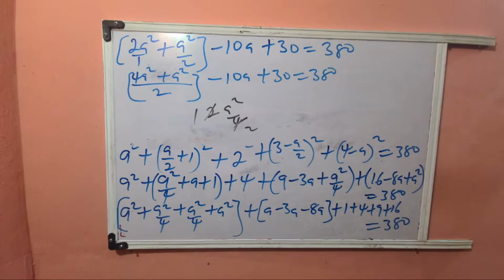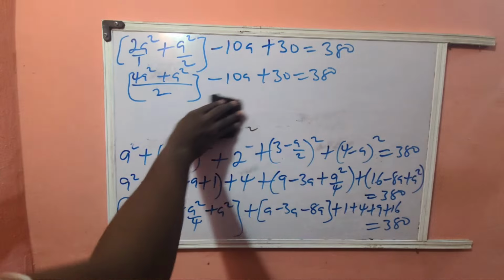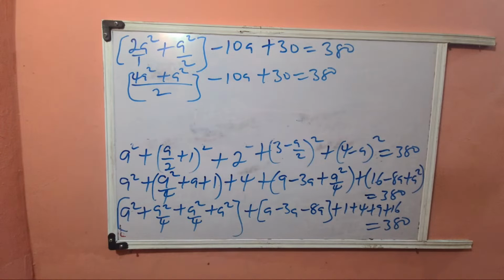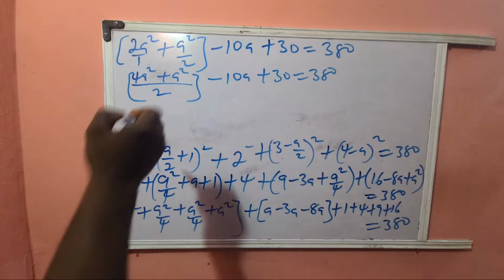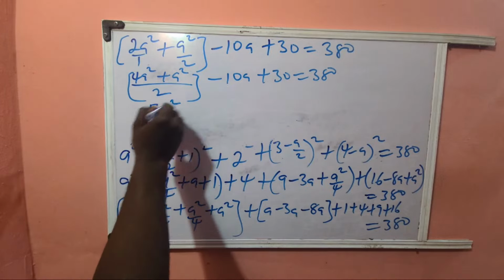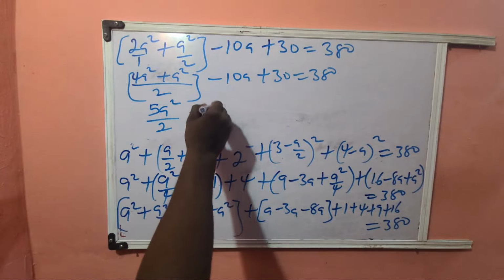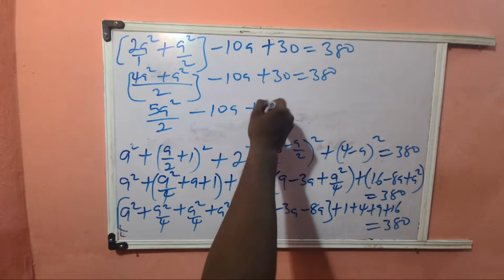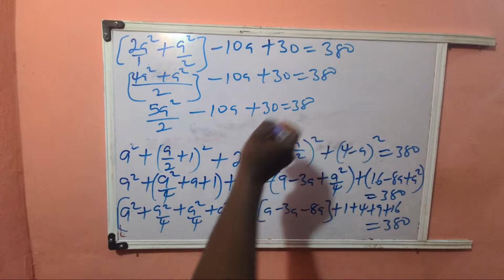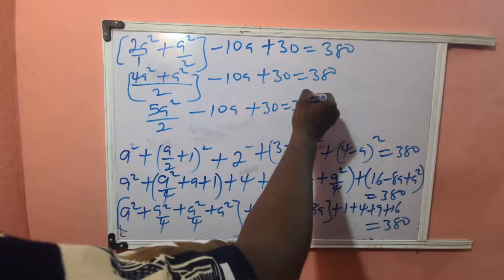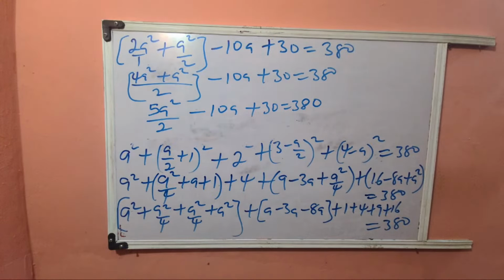So we're left with 5a squared over 2 equals to 380. I'm sure you are taking good notes. This is very important. So what do we do next? We can decide to